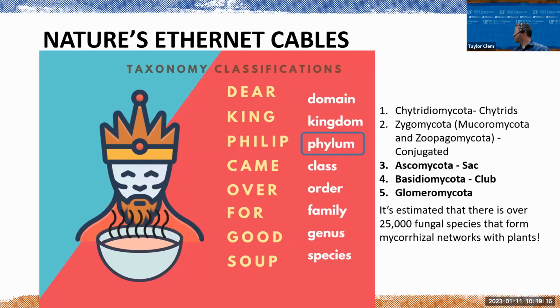So typically we'll talk about phylum. That's the next order down, and there's 5 different types of fungi phylum generally recognized. Depending on who you ask, it could be 3, others could say it'd be 7. But these 5 phylum are the ones that we generally recognize as the different phylums within the kingdom.